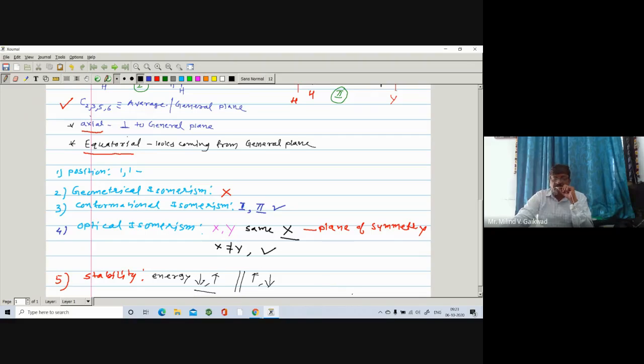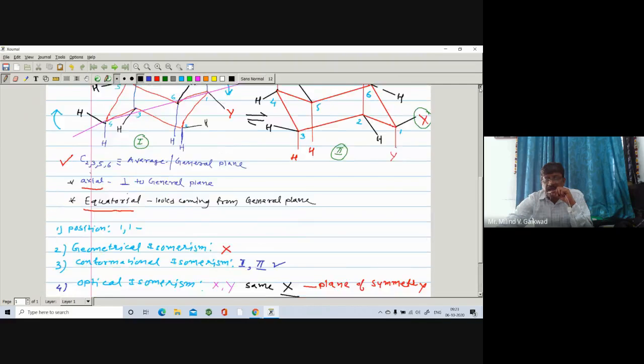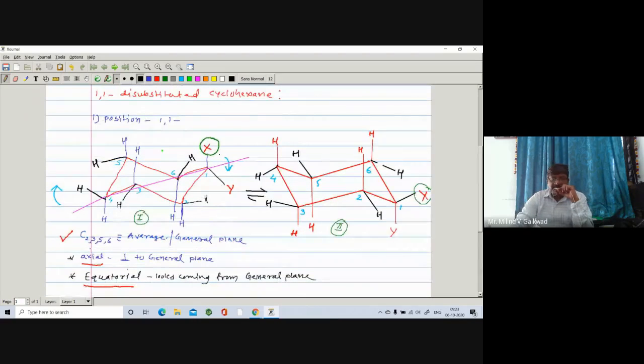Now in this case, you have to check the stability of this compound. Here, if you see in this structure, X and Y, if they are the same, then X is above the plane and X is below the plane in structure number 1. In structure number 2 also, if both are the same, X is above the plane and X is below the plane, means they have similar stability. If both are the same. But if X and Y are different,